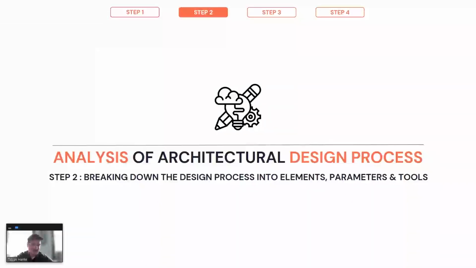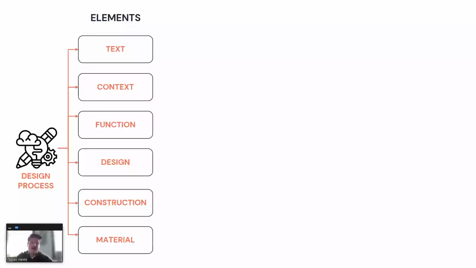To answer this, we start by analyzing the design process. Architectural design is a process that's difficult to force into systemized paths or typologized processes. Architecture is not created in a vacuum. As a rule, it is created as a reaction to the context in which it becomes a structural reality. It accommodates functions, lends expression and design to a task, and can be experienced through its construction and material.